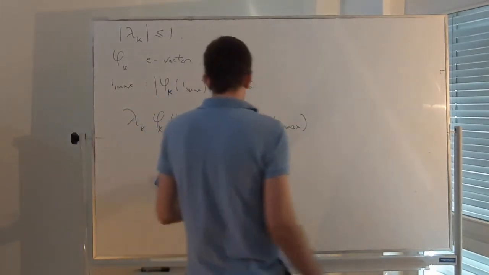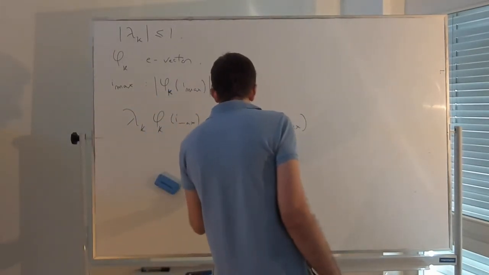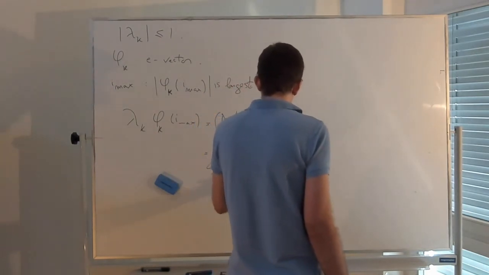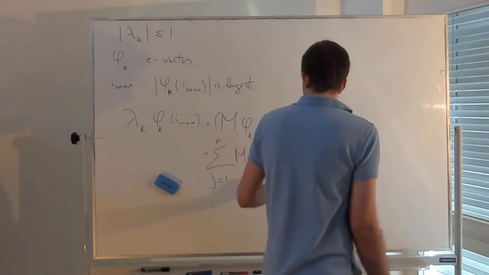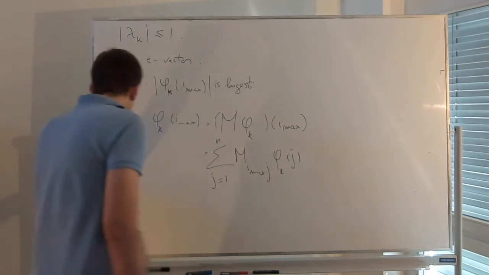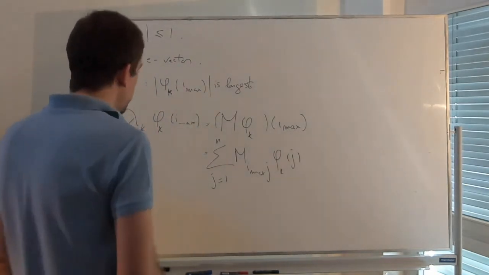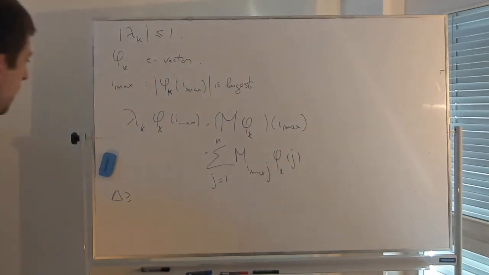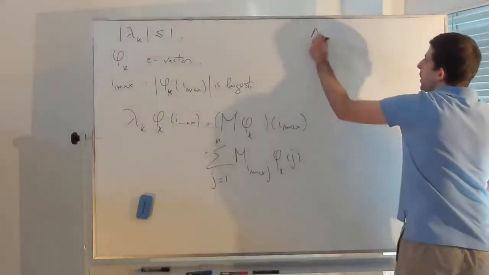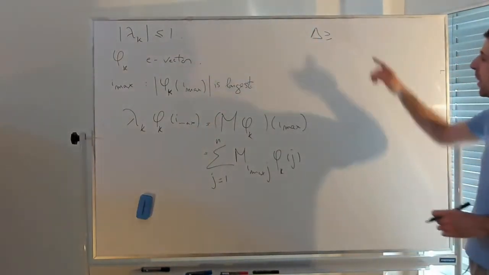This is just the sum over j from 1 to n of M I max j phi k j. Now by triangular inequality we have that,